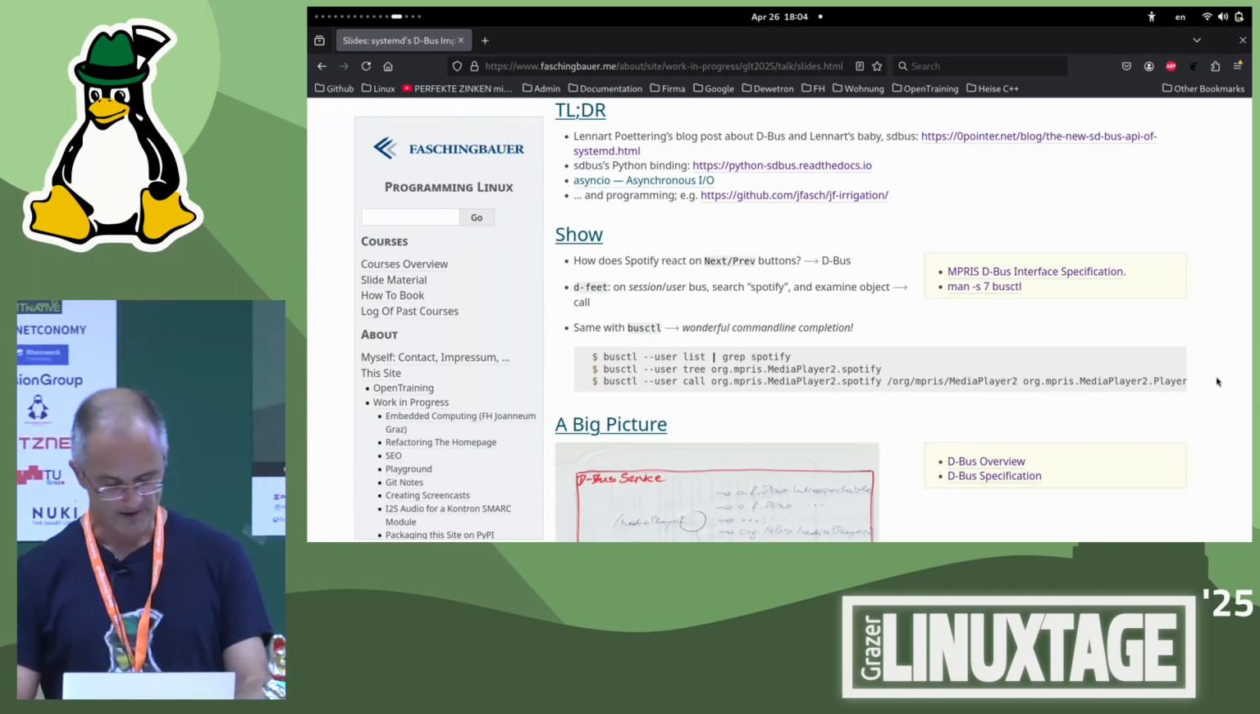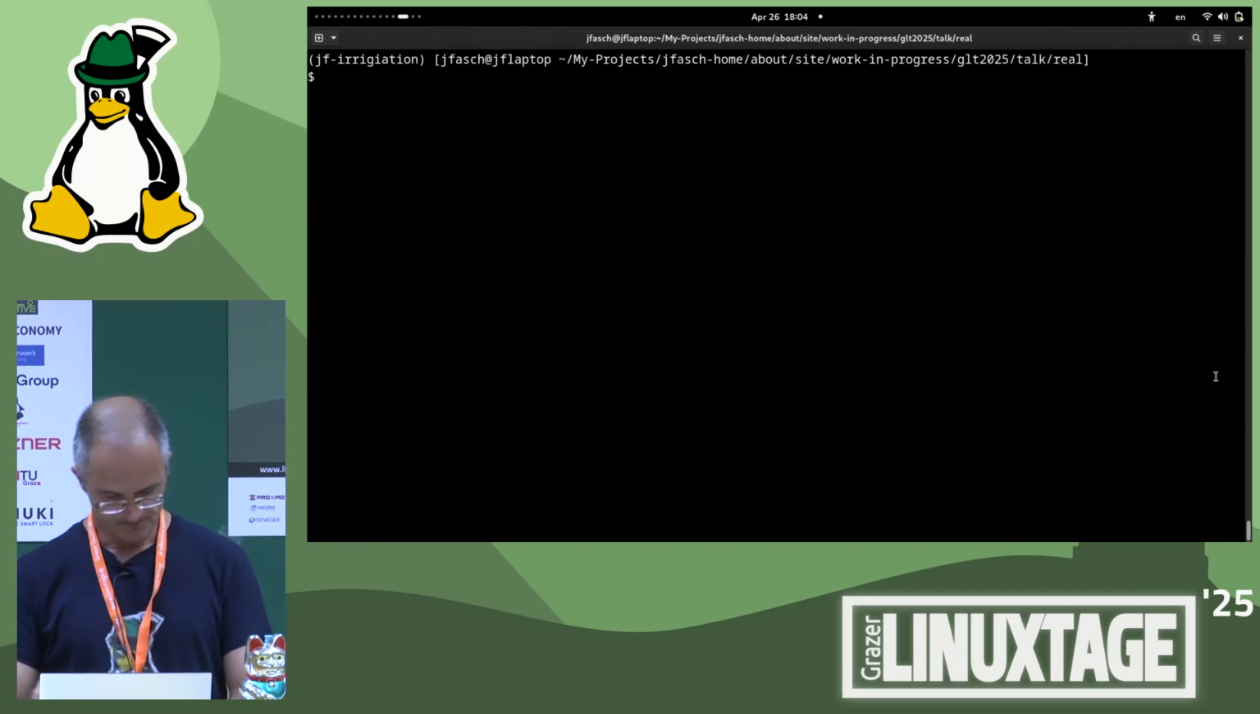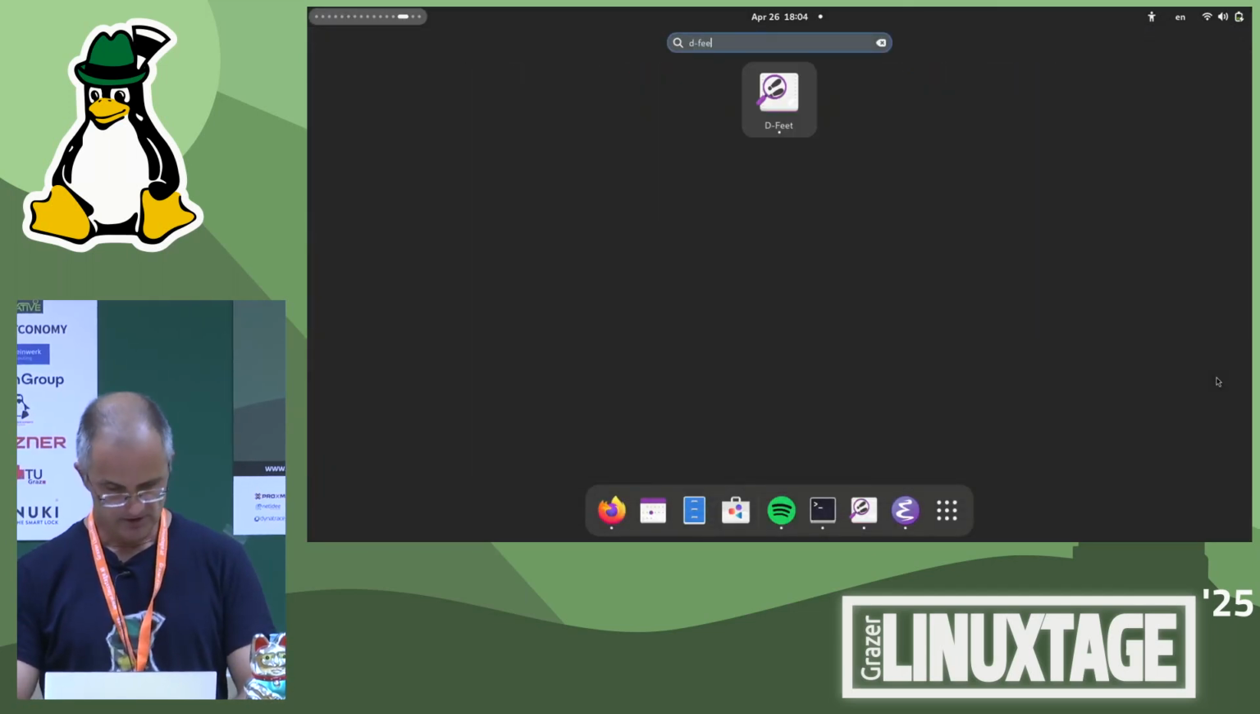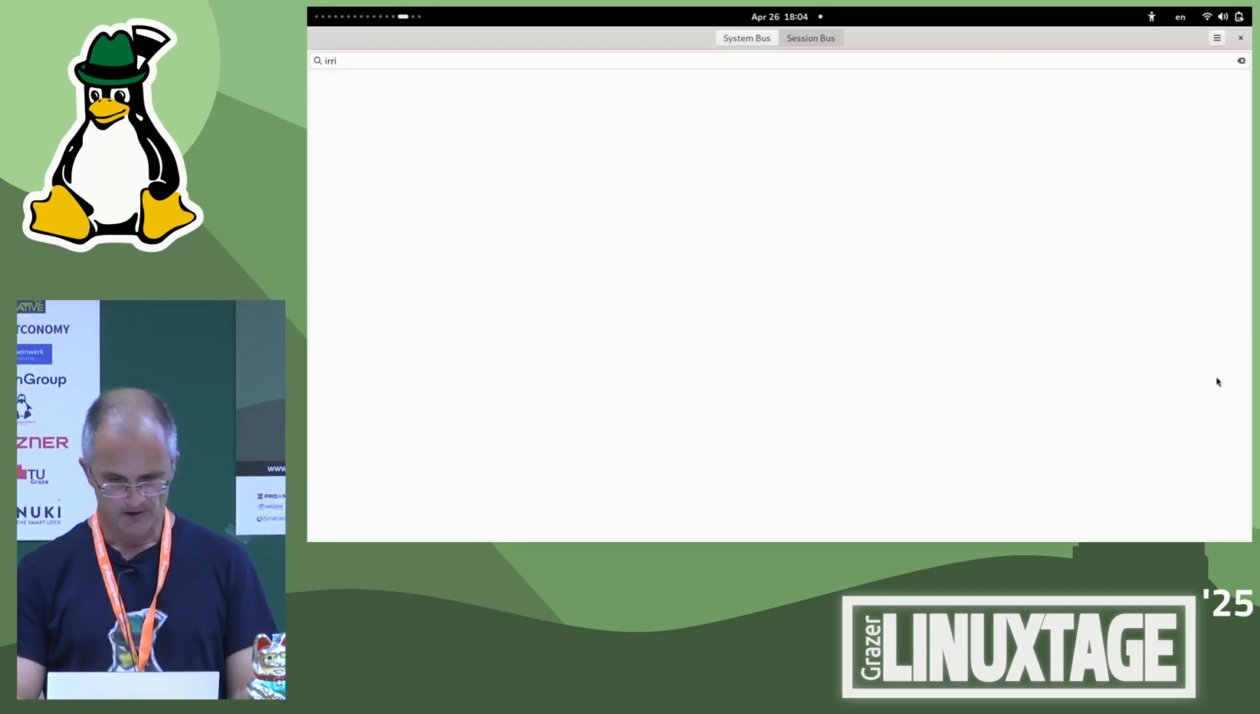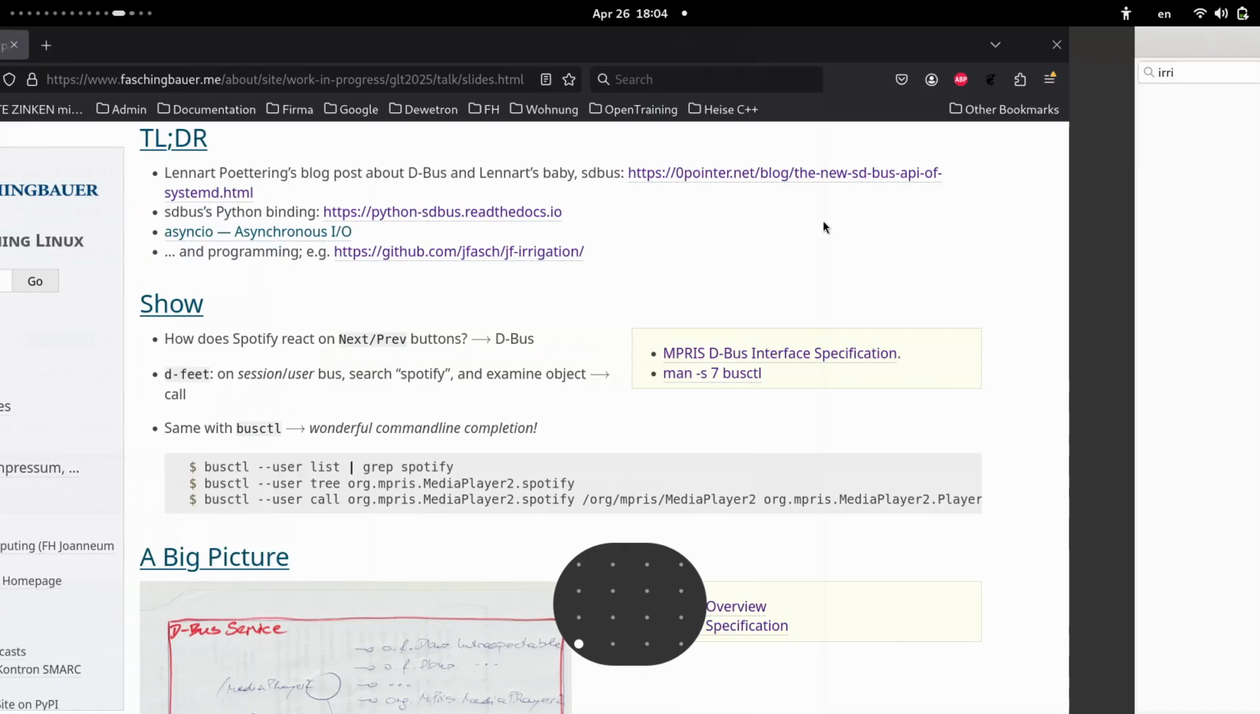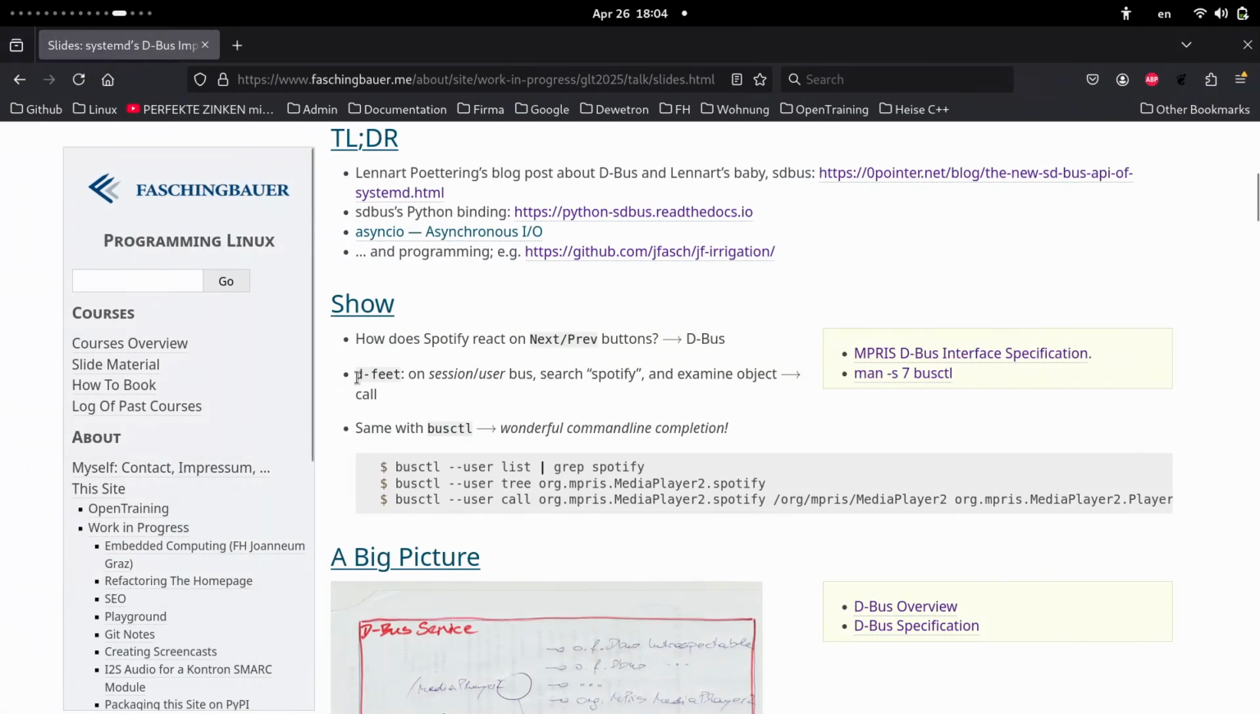So, okay. dbus. What else? Let's look closer into it. There's a program named dfeed. It's spelled like that, D-feed, not D-bus, but feed. I have no idea how these guys get to their names. I choose the session bus. They're actually in the system,